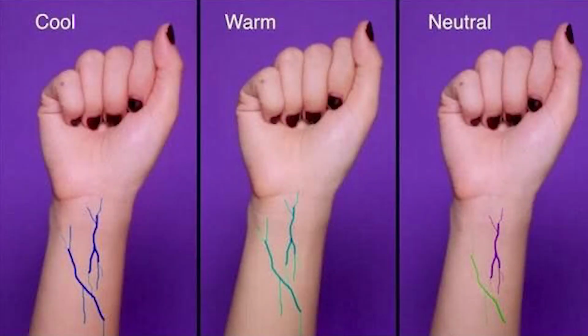The very first thing that you can do is check the color of your wrist veins. Guys, this test is the most effective. If the vein color looks green to you, then you have a warm tone. If it looks blue to you, then you have a cool tone. And if you have both green and blue color there, then you have a neutral tone. As I told you, this is the first and the most effective way to know your skin undertone.